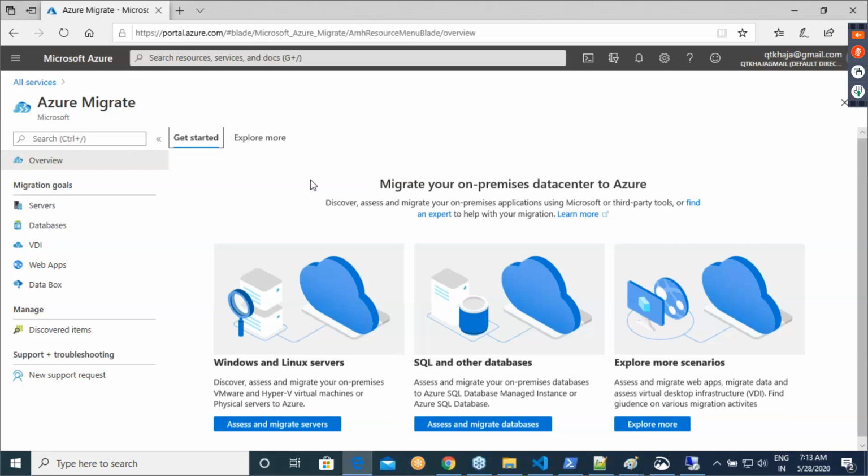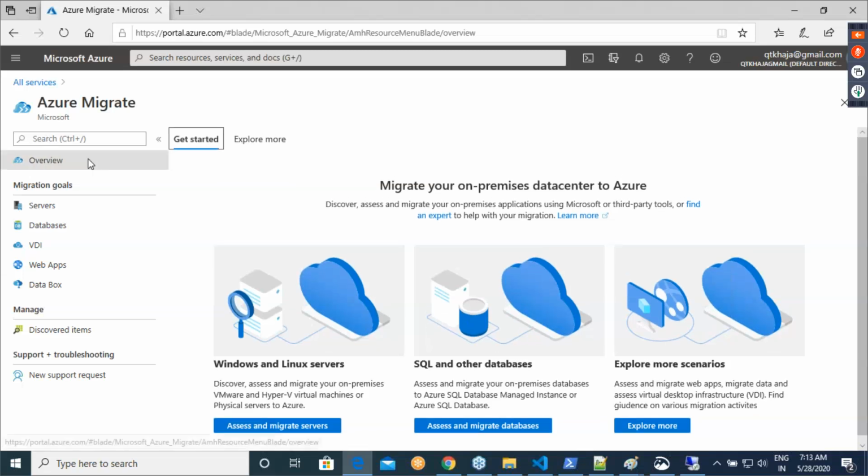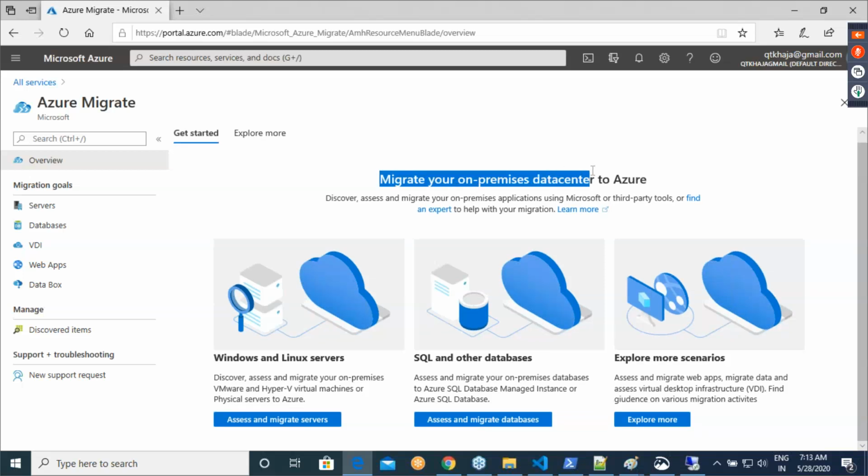Now are you seeing this Azure Migrate project, which is present over here? And in here, there are a lot of things, right? So it is asking what you want to do. Do you want to migrate an on-premise data center to Azure? Yes, I want to migrate my on-premise servers to Azure.